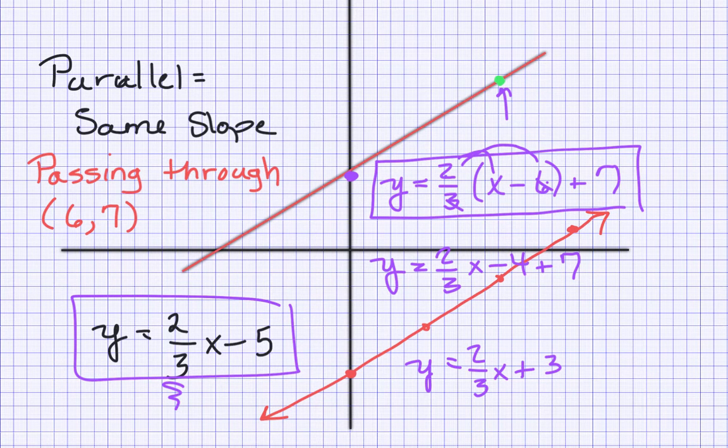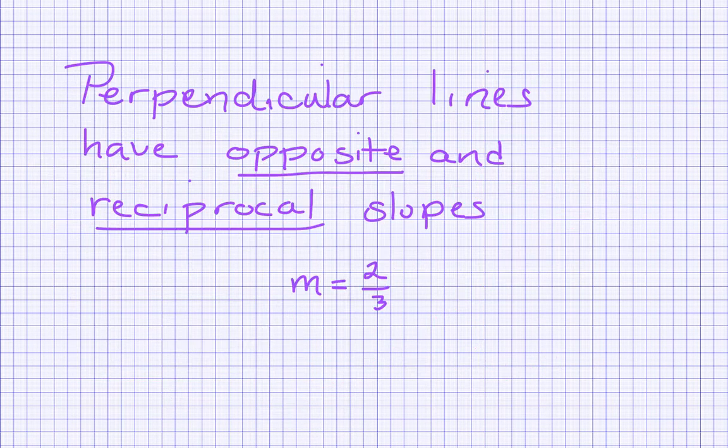If we need the equation of a line, we just use that same slope. Perpendicular gets a little bit more complicated. With perpendicular lines, we have to have two things happen. Perpendicular lines have slopes that are both opposite in their sign and reciprocal, so they have to be both of those things. For example, if I told you that a line had a slope of 2/3, like in that last problem,